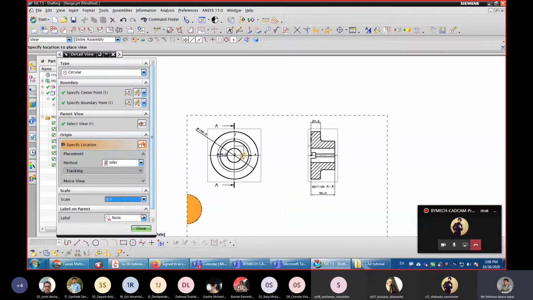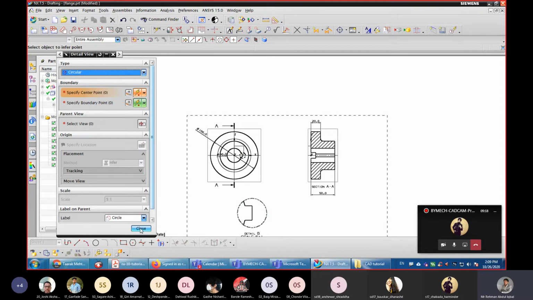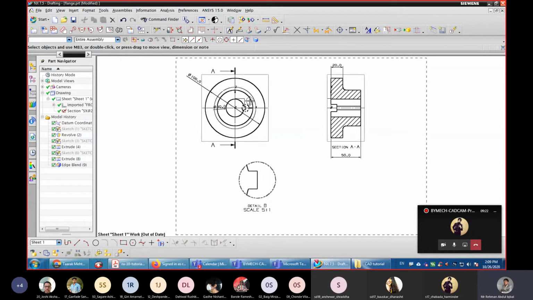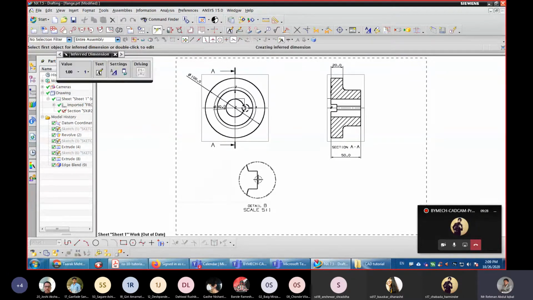And one more thing, you can label it like a circle. Close. You can see the detail view of this keyway. Okay. It's given here. You can assign the dimensions here. Dimensions is assigned here.